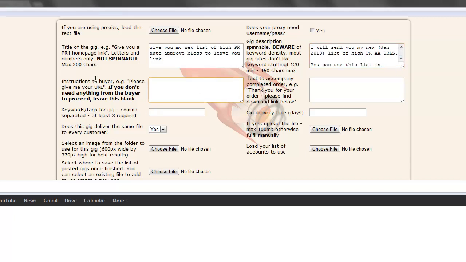Okay, instructions to the buyer. So if you require any instructions from the buyer in order to fulfill this gig, then enter them in here. This is an instant delivery gig, so I'm just leaving this blank. Okay, and then when you fulfill the gig, if it is instant delivery, add here the text that will go with it. So for example,